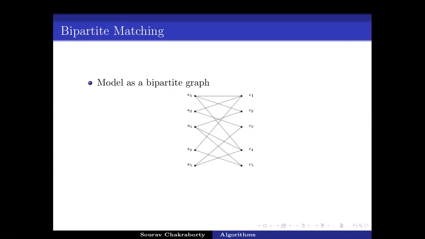Okay, so basically the idea of matching is to pick a set of edges such that no two edges share an endpoint. So this edge S1 C1 and say S3 C4, they are two edges, but they do not share any endpoint, right? And we want to pick such a disjoint set of edges as much as possible. So this is termed maximum matching. So assigning students to colleges reduces to a problem of maximum matching in this bipartite graph.